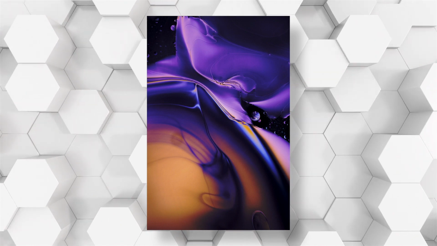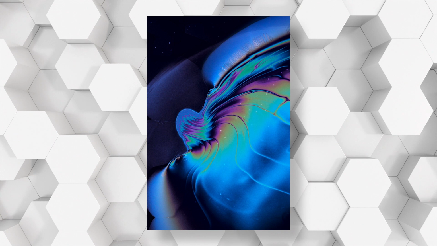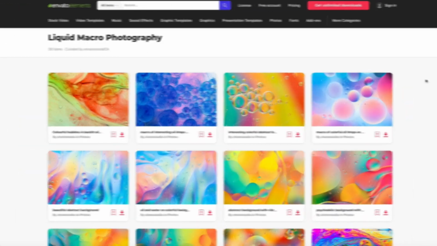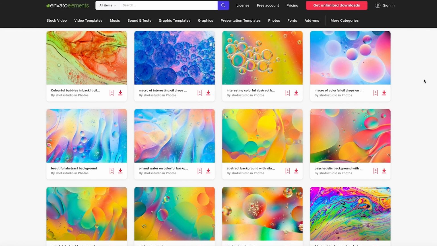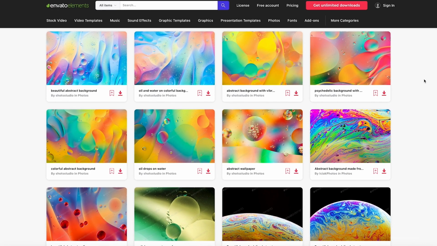Davey Evans' series Streams explores the abstract compositions found when zoomed right into chemical reactions, showcasing the beauty that can be captured with macro photography. For a similar aesthetic, check out the images gathered in our macro collection on Envato Elements.